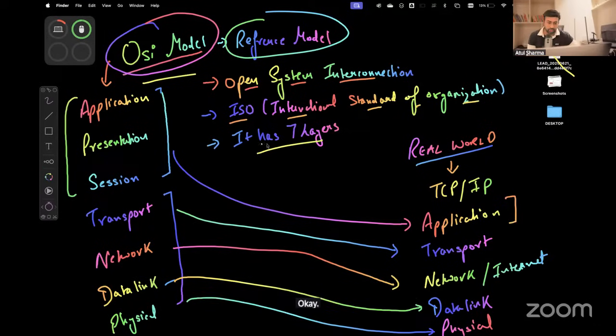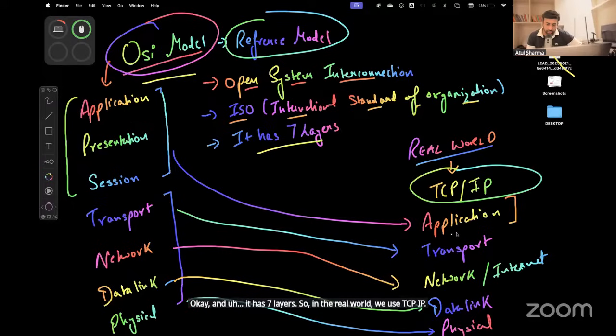Okay, and it has 7 layers. So in the real world, we use TCP/IP. Okay, and we have 5 layers: application, transport, network, data link, and physical. Okay, so this is